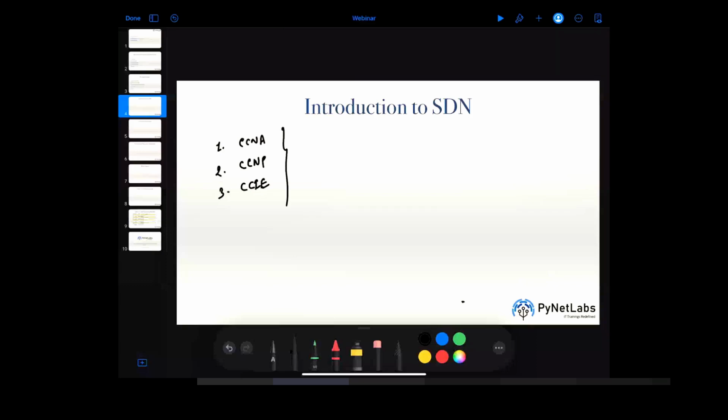You can achieve certifications in a way that there are various tracks available. Tracks like routing and switching, security, data center, service provider, collaboration, and various other things. Makes sense? So you could do CCNA in routing and switching, CCNA in security, CCNA in data center, and you could do the associate, professional and expert level courses in all the tracks that are available. But now, if we talk about the recent changes that have been there,